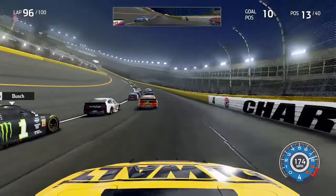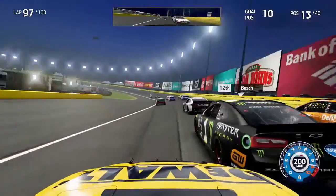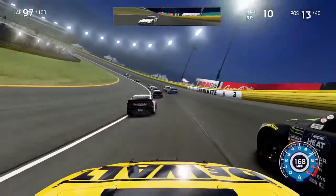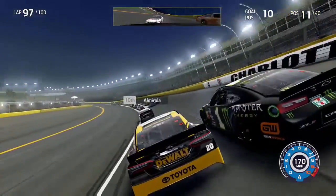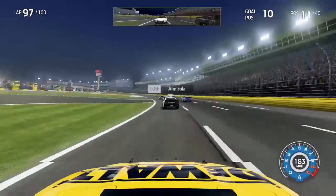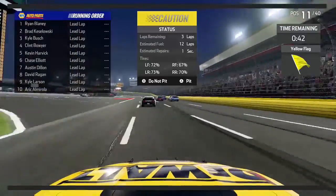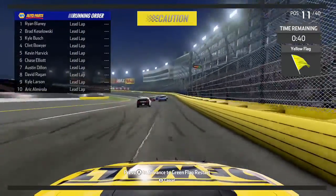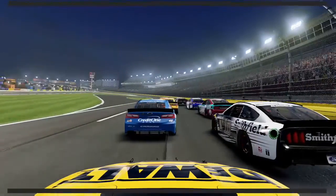A ton of momentum through the center of the corner now as we come out of turn 4, sitting P13 as we would make a move to the inside of Kurt Busch, and Newman making it 3 wide as we went down into turn 3, approaching just 3 laps to go in this race now as we push up a little bit, but Newman, he goes all the way up into the wall, and that's going to once again bring out a caution late in the Coca-Cola 600 now as Newman just kind of went up too high and he got into the wall there as we didn't touch anyone, so thankfully we don't get any damage, but this would